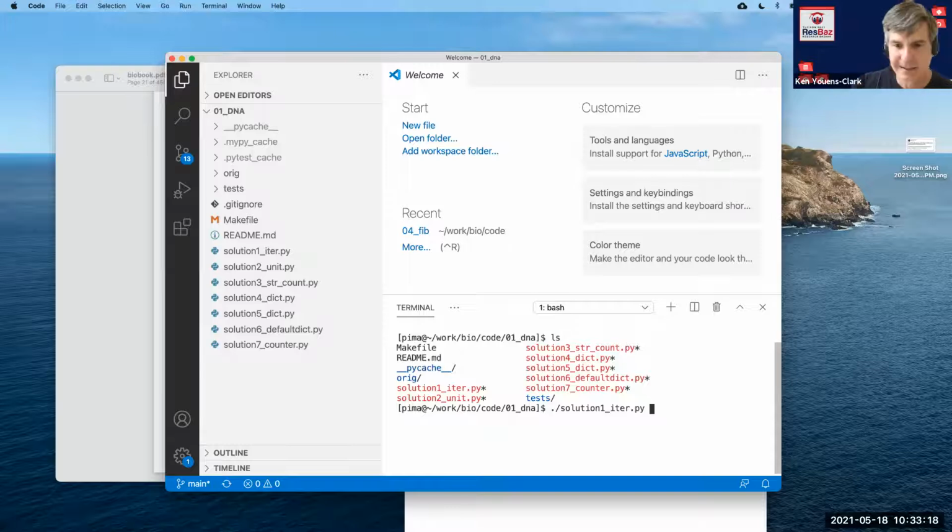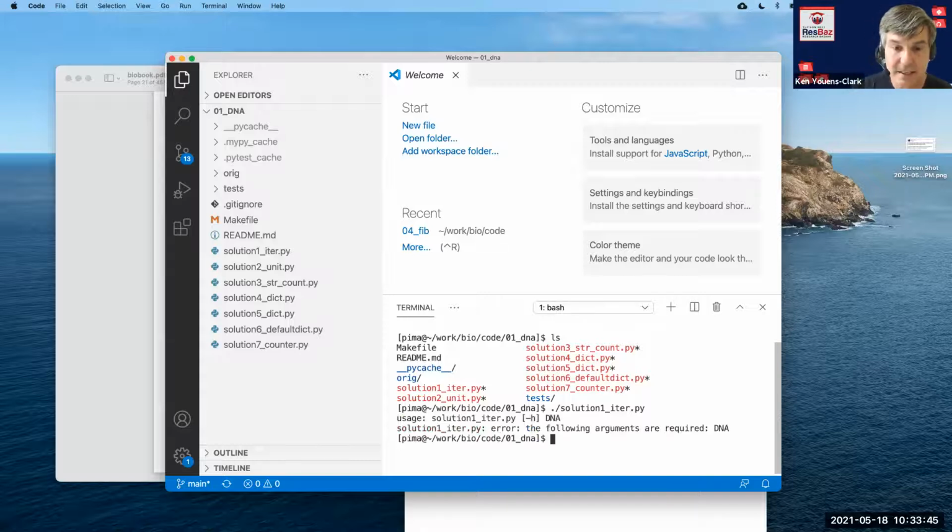I'm running it by doing ./ which, where dot is the current directory, and then / is the directory separator. So I'm saying run the solution one iter.py that's in this directory. And because of the shebang line that I mentioned earlier, it's finding that this is a Python 3 program and then running the rest of the program with Python 3.